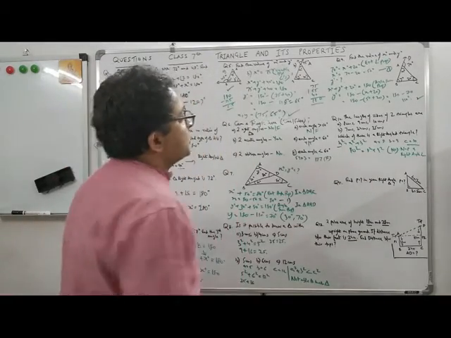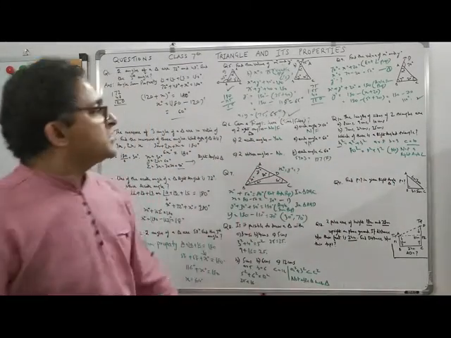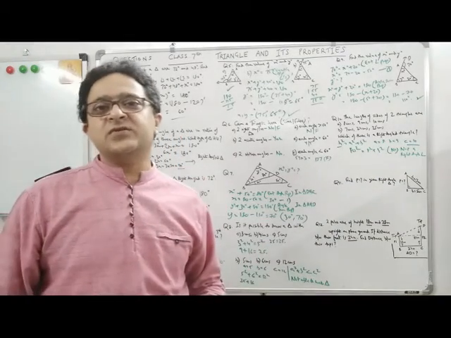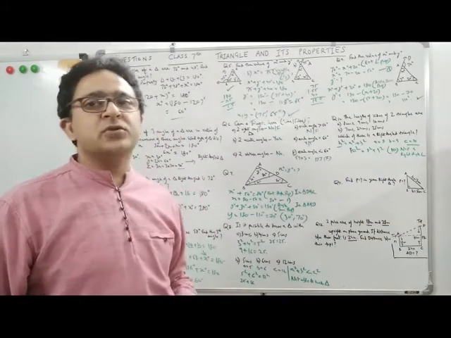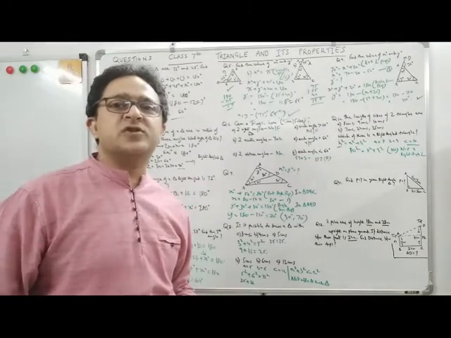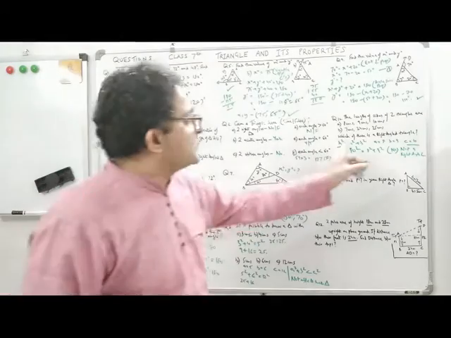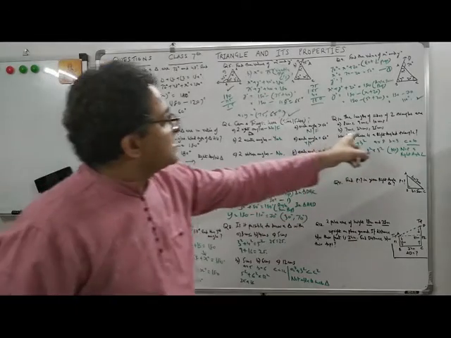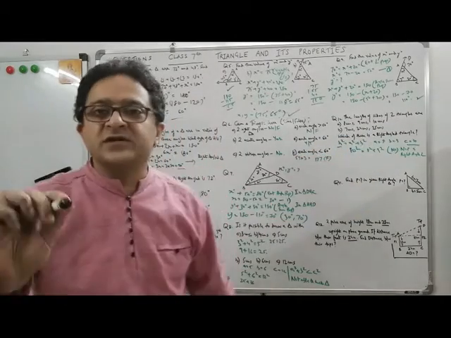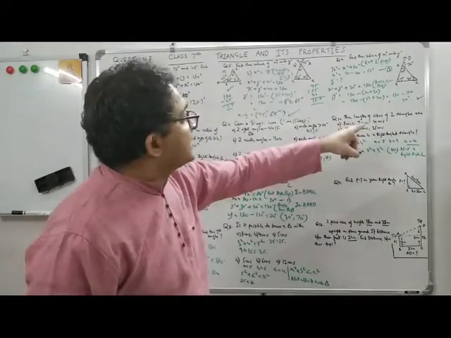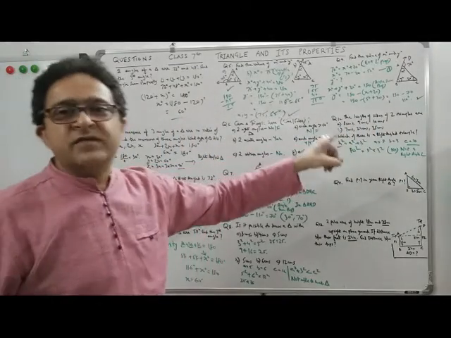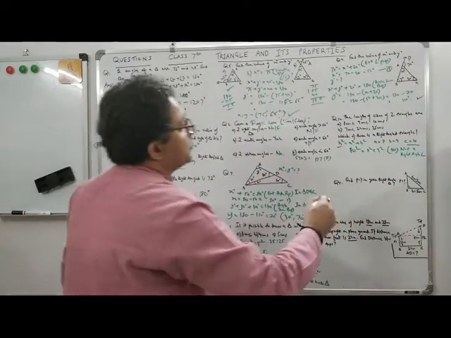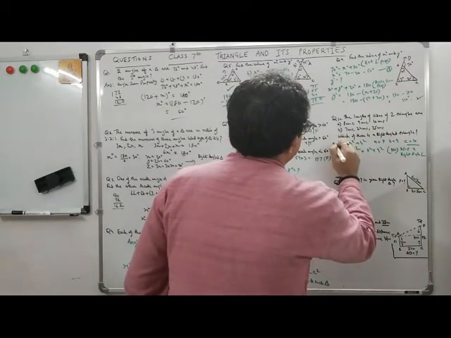Now the second part. The length of the two sides, because they are asking whether it's a right angle triangle or not. In a right angle triangle, the side opposite the right angle is the hypotenuse. So the hypotenuse square should be equal to the sum of the squares of the other two sides. This is what we are trying to establish in these questions, right? Herein we are not able to establish it, because we know the hypotenuse is the longest side. 10 has to be the longest, but 10 square should be equal to the sum of the squares of the other two sides. Not possible. So it's not a right angle triangle. Now let's take the B part.